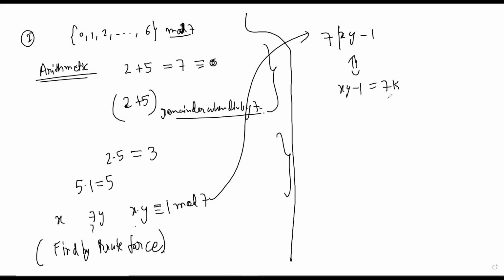Okay, so we want this, right? Remember, x is given, we are looking for a y. Okay, find y. Now this further can be written like this, equal to 1. And since k is an integer, you can take k equal to minus k and you can write it like this. So eventually, what do we want? x is given and 7 is given, and you're looking for a y and a k which will make it 1. Is that okay, right?